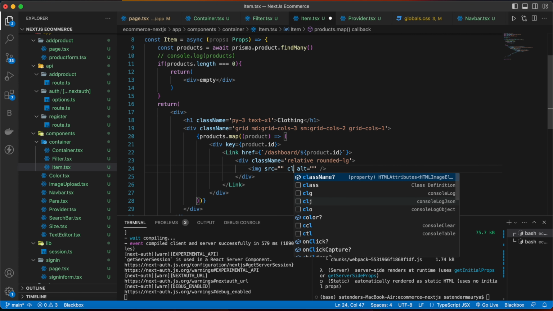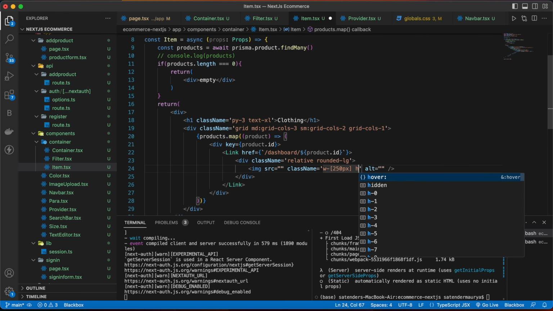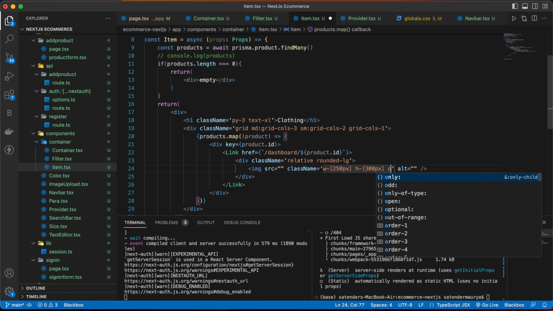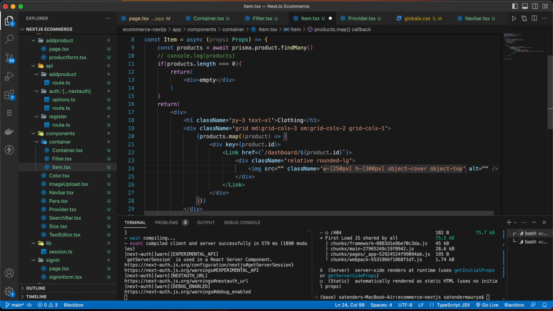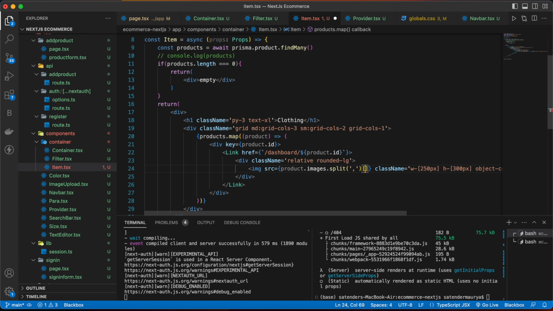So first we will have classes: w will be 250 pixels, h will be 300 pixels, object-cover, object-top, rounded-lg, and inside the src we are going to pass our product.images.split by comma, and then we are going to use the first image of our image array.